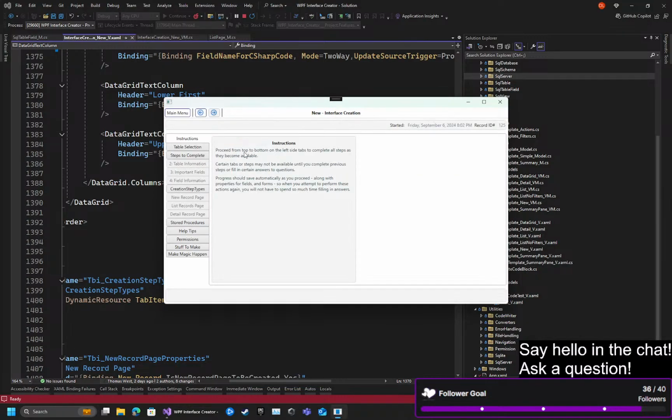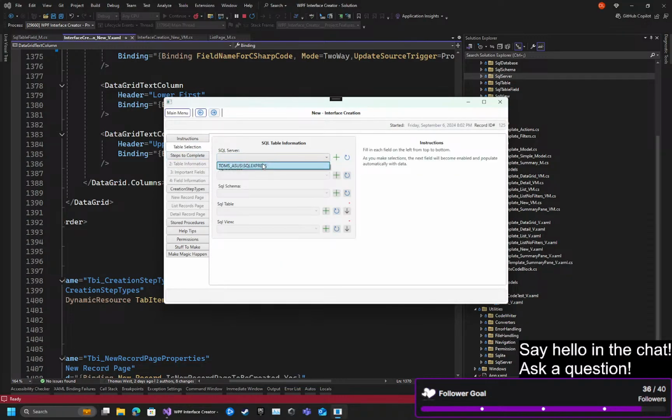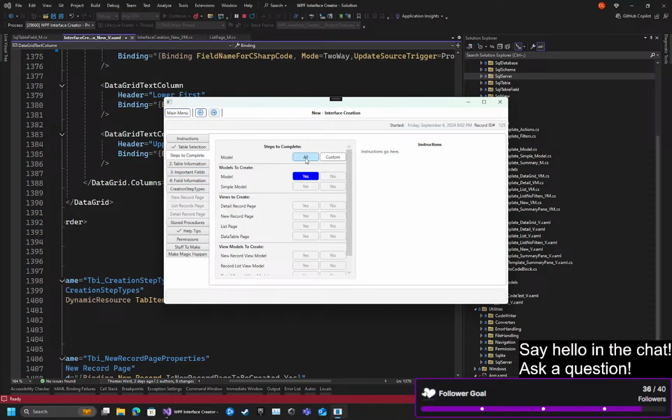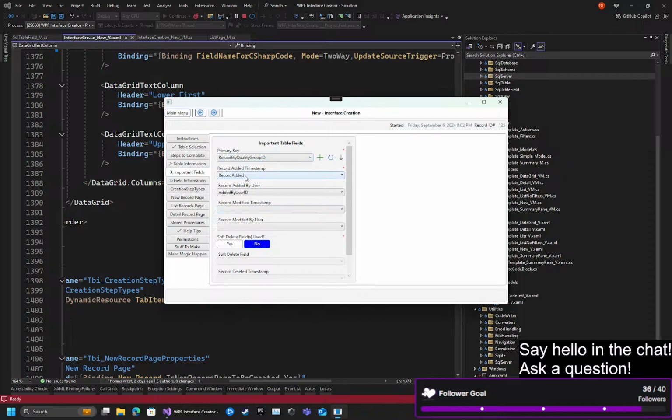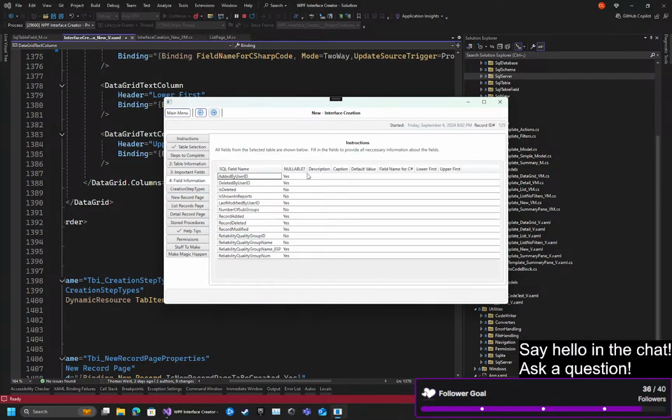So now we can go into creation, again, grabbing our table. Down here, reliability quality group, steps to complete. We're going to say all table information we have saved in important fields. These we're not saving. That's annoying. Field information. These are here, which is fine. And then if we had field name for C#, the field names that we want to change things with are